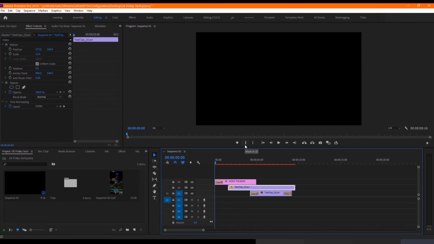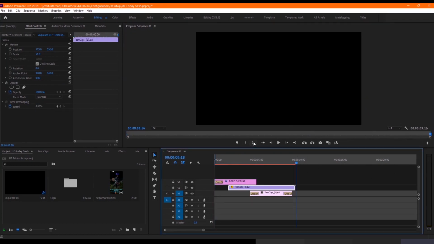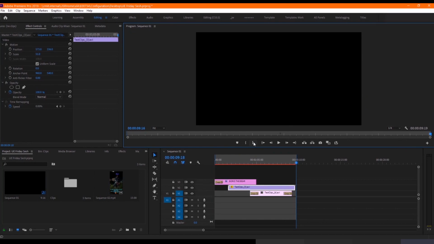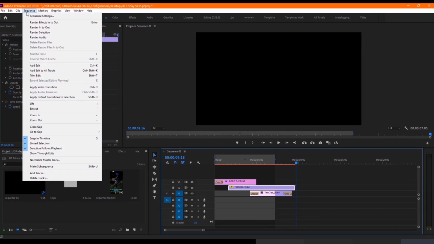Over here, you've got mark in and mark out. So I click on mark in, and if you go to the end of the clip, I can press mark out. You could shift how big you want it to be, but for this one, I'll just do the whole lot. Actually, maybe I'll make it a little bit smaller. Then under Sequence, in the drop-down menu above here, if you click on render in to out, and I do that now,